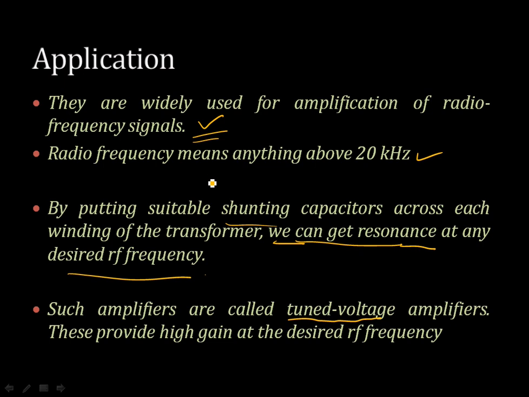So the use of a transformer coupling not only saves power loss in the collector resistance RC, it also helps in proper impedance matching. By suitably selecting the turns ratio of the transformer, we can match any load with the output impedance of the amplifier. That is how we are transferring maximum power from the amplifier to the load. This impedance matching concept and the turns ratio effect, all these we can discuss later when we discuss power amplifiers.